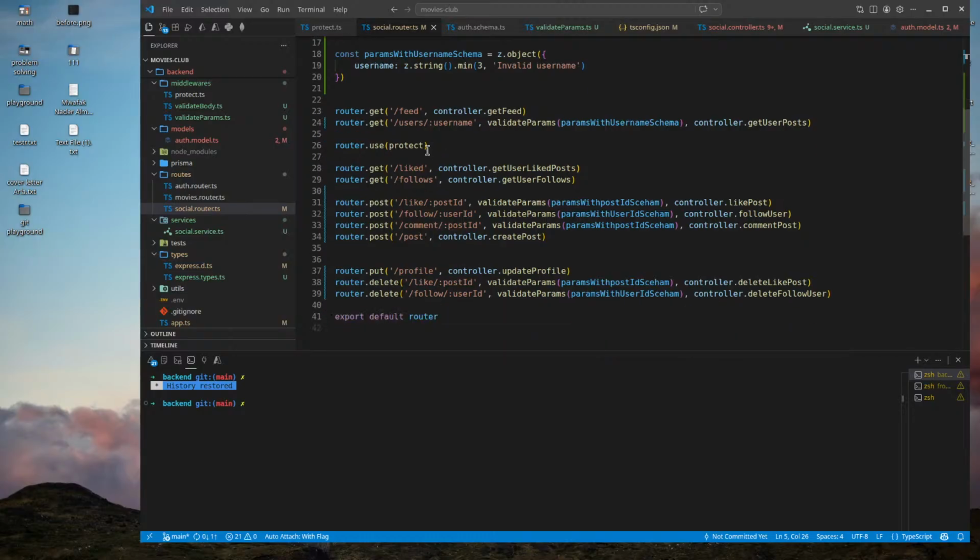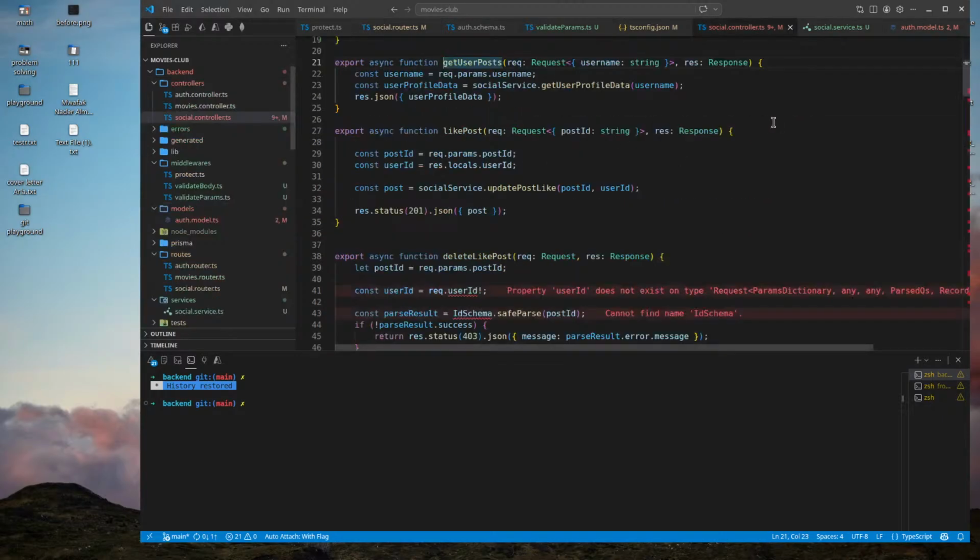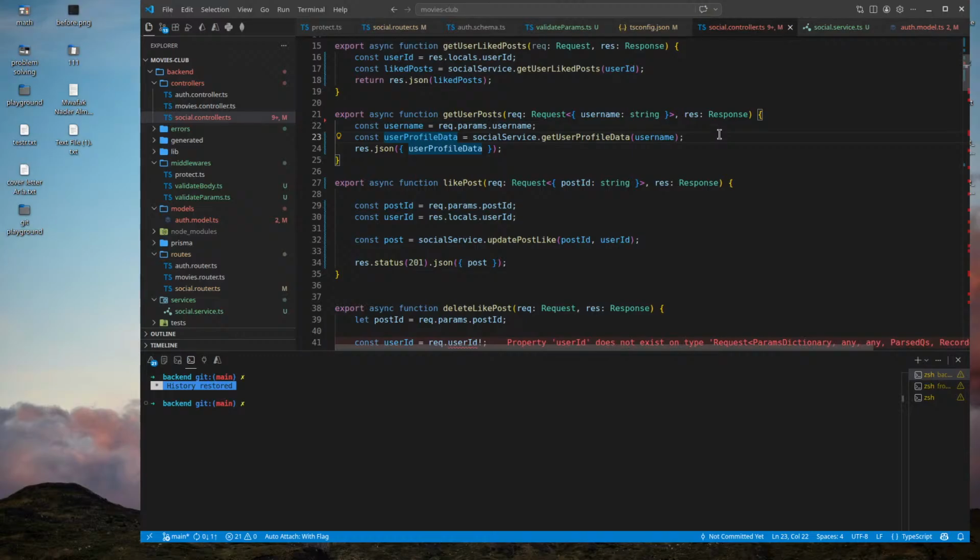Now this looks nice. Okay, these are protected routes, and it looks promising. Get user posts. I know that I will definitely have a username. I don't have to check the username. It's like req.params.username. I know that it exists 100%.